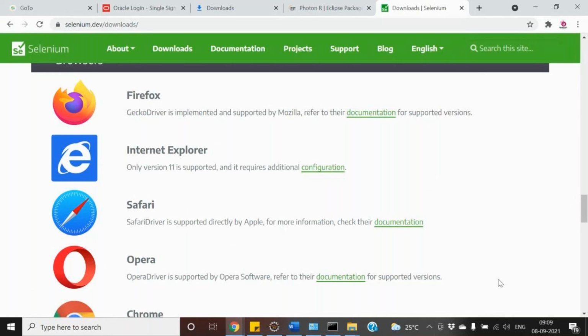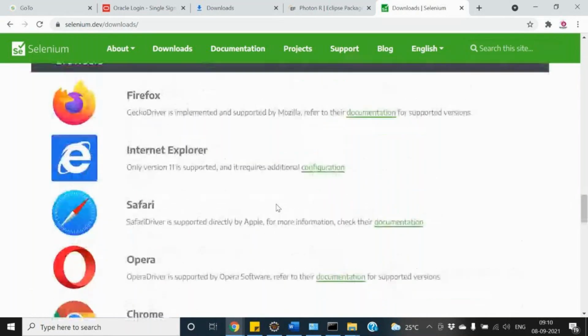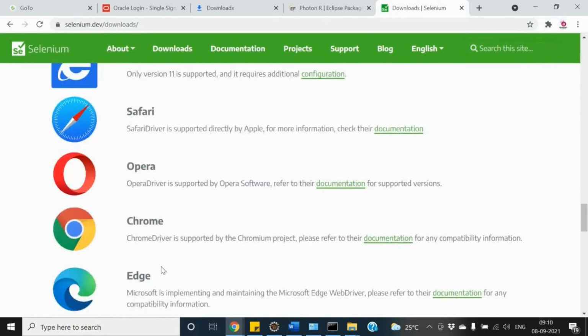So that is what the installation of the driver, that is what it's called as a driver, isn't it? In the same way, we would be needing some drivers to interact with our browsers, isn't it? Though it be Firefox, IE, Safari, Opera, Chrome, or the Edge. So what you just need to do is go over here and download it one by one, right? If you want to work on the different browsers.